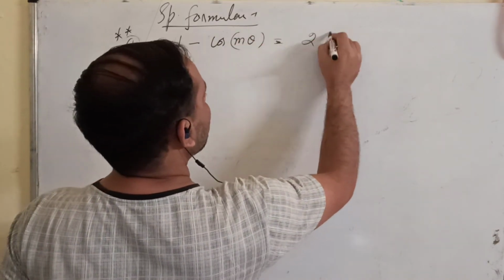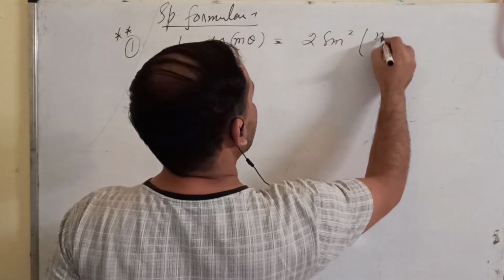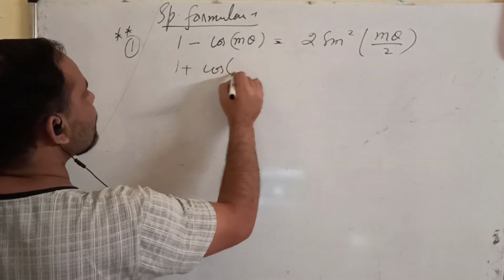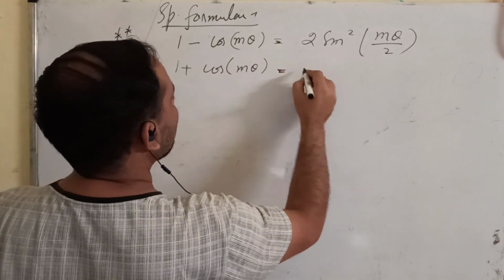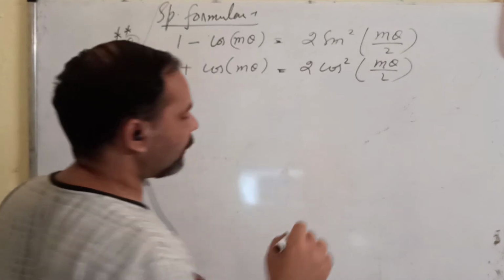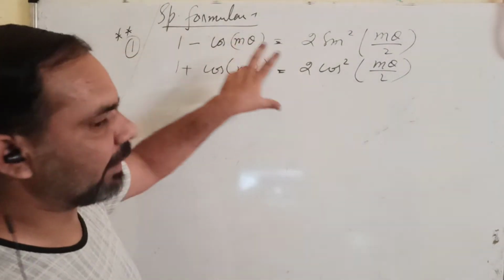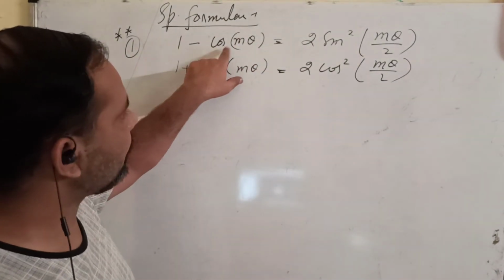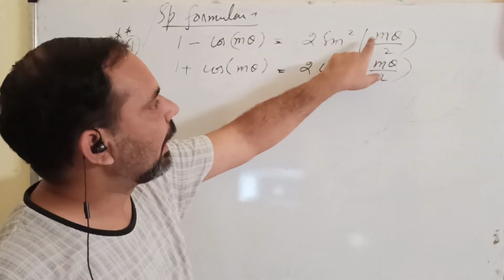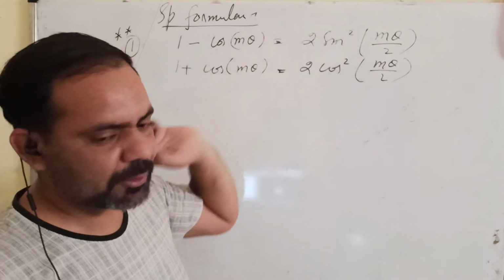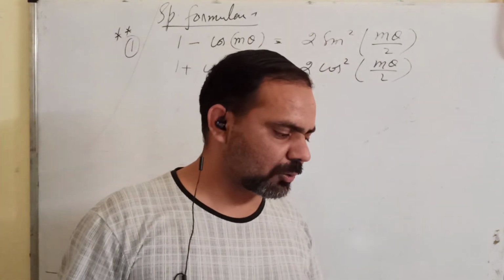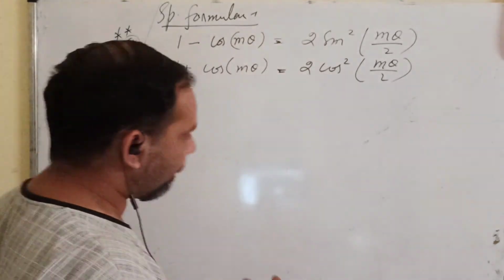equals 2 sin square m theta by 2, and 1 plus cos m theta is equal to 2 cos square m theta by 2. Both these formulas are very important. If you have 1 minus cos m theta, whatever angle is here, m theta, you will have to halve that angle, m theta by 2, and your ratio will be 2 sin square m theta by 2, and 1 plus cos m theta is 2 cos square m theta by 2. Then